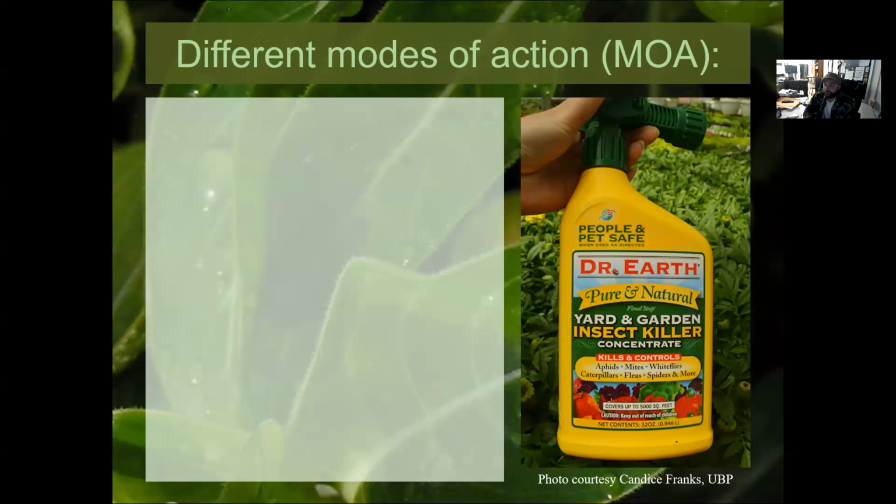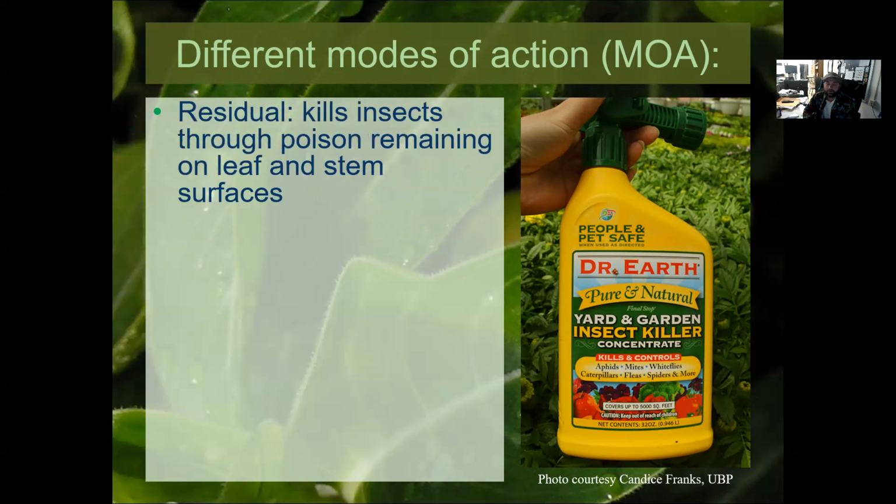So different modes of action. So residual, that's going to kill insects through poison remaining on leaf and stem surfaces. So if you have something like an aphid or a whitefly, when you spray that on the surface, once it makes contact with it on the surface, it is made to kill it. Now, that doesn't always mean it's going to happen on the first application, so you may have to do multiple